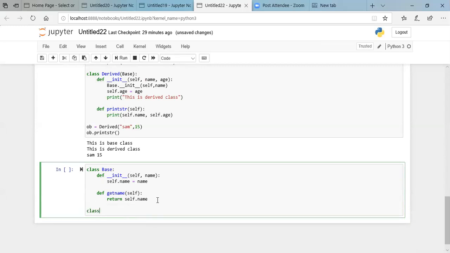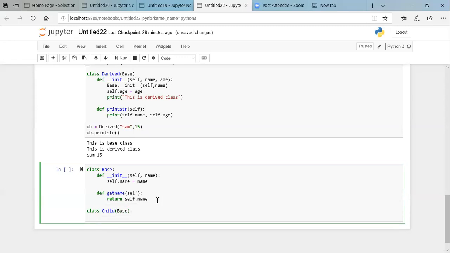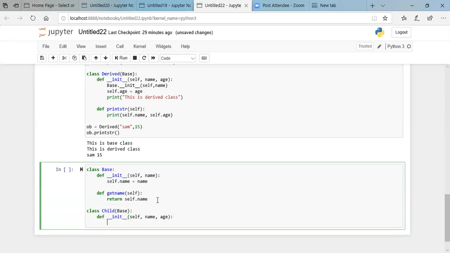After this, I'm having another class, let's say child. This child class is derived from the base class. Again, I'm having the constructor of its own, init underscore underscore. Okay, I'll say self comma name comma age, and then within this, I'm calling the constructor of its parent class, whose name is base here.